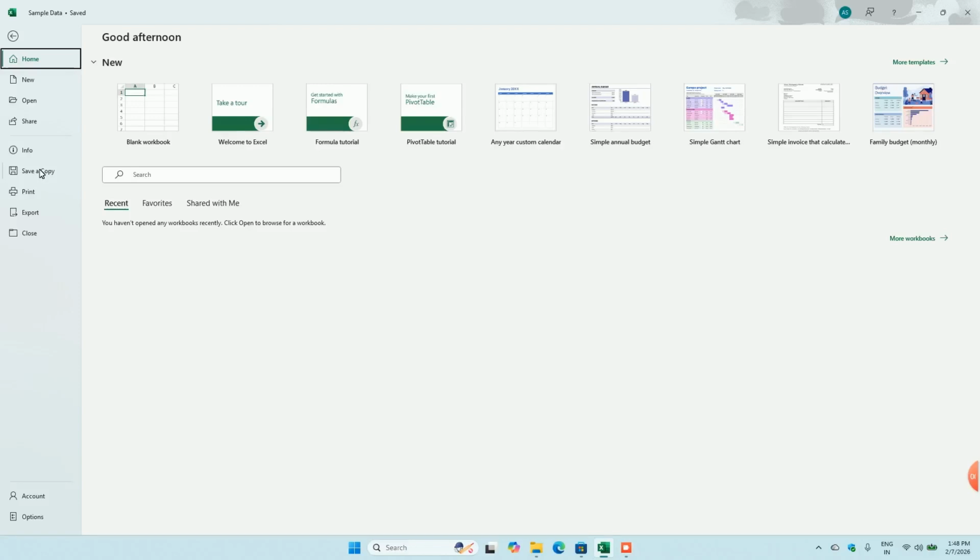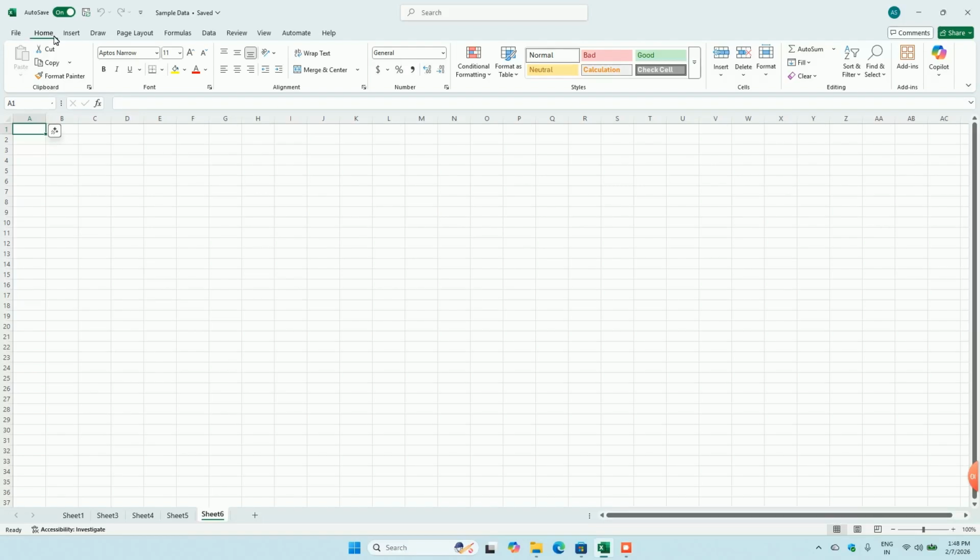If you want to save a copy, we can save it in our local drive as well. If you want to print it, we can print it. If you want to export to some other file software, we can do it, and simply we can close it. This is our account information. These are multiple options, like the settings of Excel, and then we have a Home tab in the ribbon